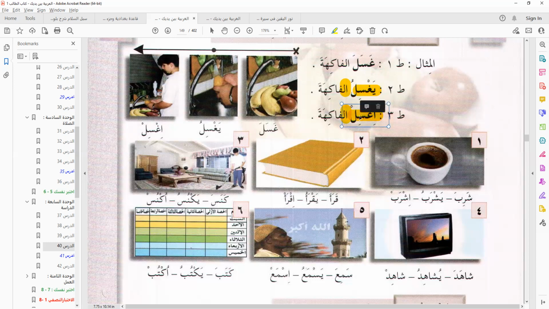But for the exil, you need to note something. For the exil in writing, usually you have the sukun. But when you pronounce it, you give it a kesra because of the alif here. So I would simply say exil, giving it a kesra.